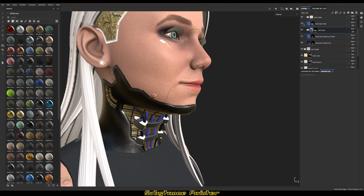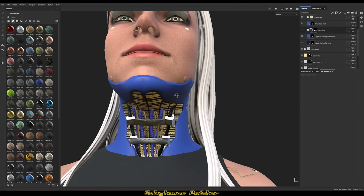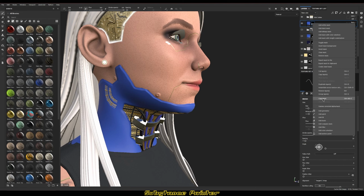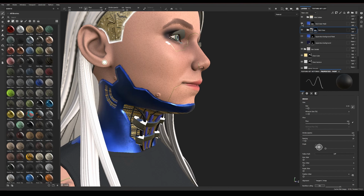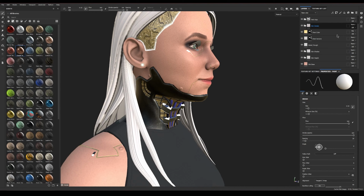So I learned to just use these quick layers to figure out what my mask is going to look like, and then I can just right click, copy that mask, and paste it into another layer. So it's not like we have to do that twice or anything. It also helped me with the emissives,